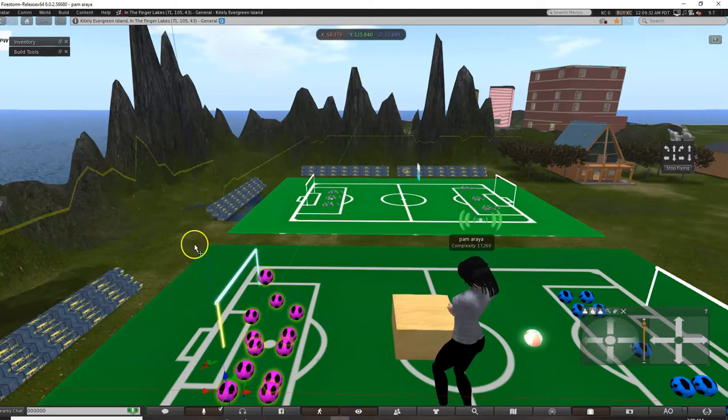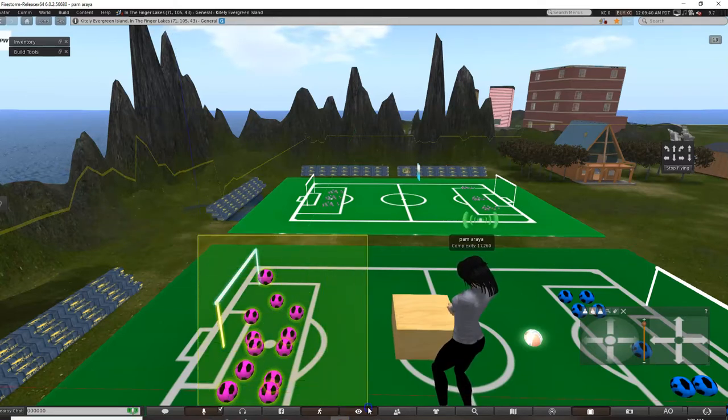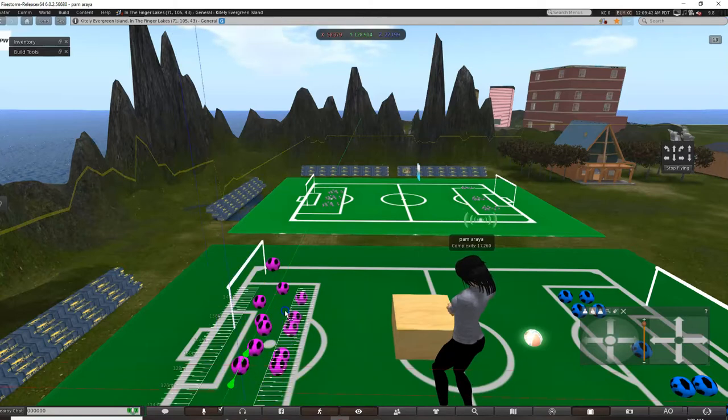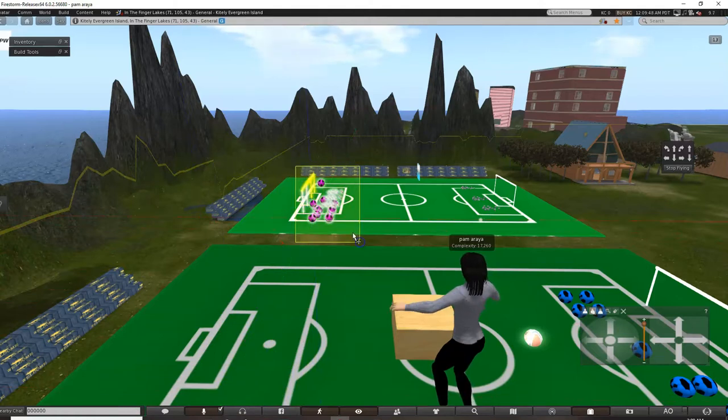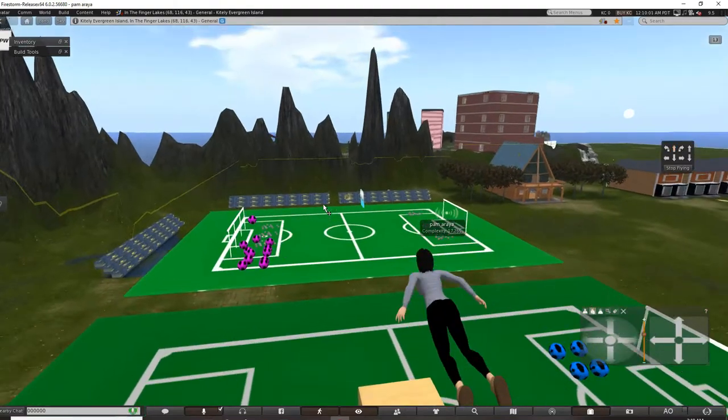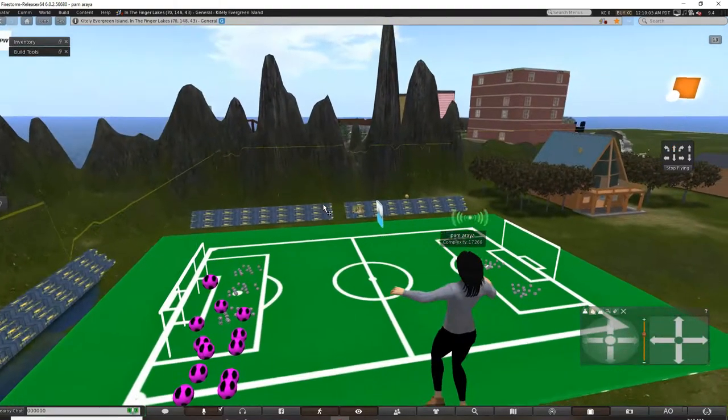So what I'm doing right now is I am using the move tool and I'm pressing down shift and I'm selecting the soccer balls so that I can move them all at once to that other field. This is a thing with three-dimensional environments. You can grab whatever you can see, but it's okay. We just have to move everything to the other side. Actually, they are on the soccer field.